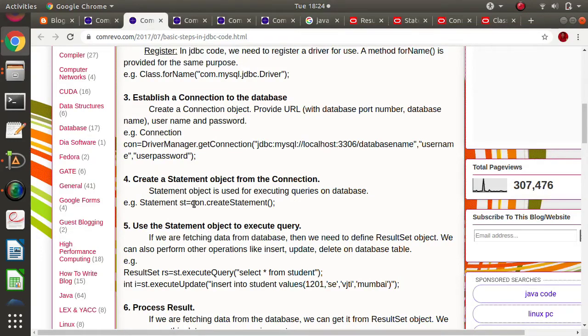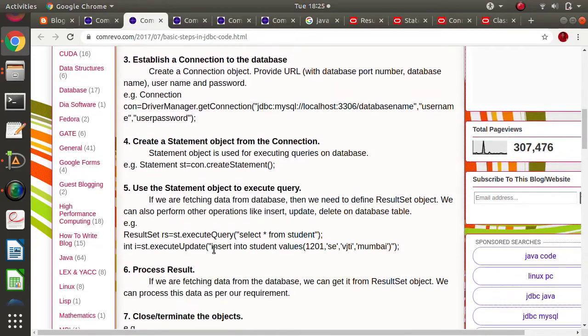How do we get its implementation? This is the object of Connection, and by that we call one method, createStatement. Whenever we call this method createStatement, we create the object of Statement, and by using this Statement object we can perform any operations over the database.